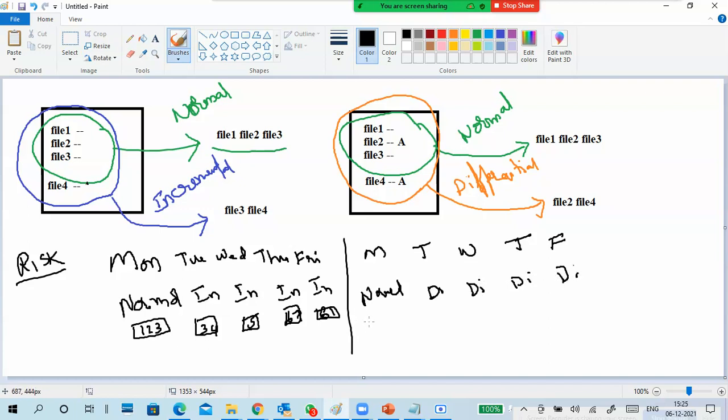So on the normal first day backup 1, 2, 3, and on Tuesday I took 3, 4 in my backup location, and Wednesday 3, 4, 5. Why? It is not removing the archive attribute, meaning it is not marking the file as already backed up. So obviously all the previous data will be like this.